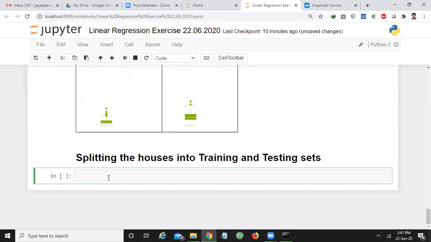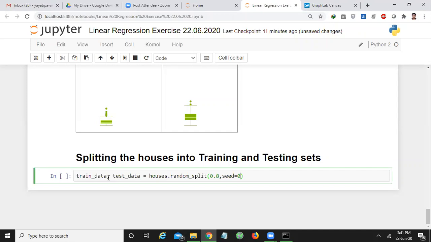So for that, what I will do is, I will create two variables, training data and testing data, which is equal to houses dot random underscore split of 0.8 comma seed equal to 0.